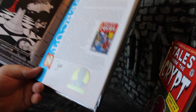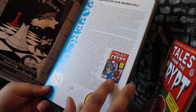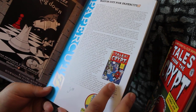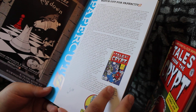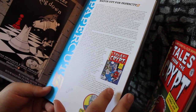But overall kind of sad, and I think that's an alternate cover for issue 8, and they print it really small. If you do a cover gallery, do full pages, but there's a really small alternate cover for issue 8 here, and it's Sarah Palin chasing the Ghoul Lunatics with a hockey stick and saying, I thought we got rid of you guys in the 50s. It's